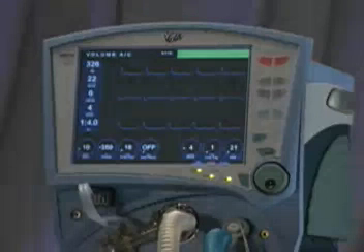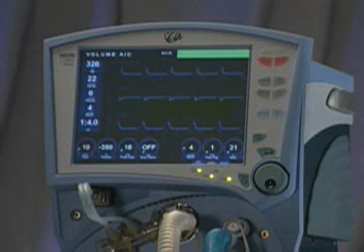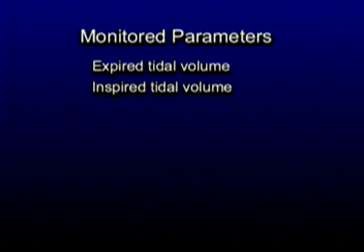5 monitored parameters are displayed on the main screen at all times. Each monitored parameter is selectable from a menu of 16 choices. They are expired tidal volume, inspired tidal volume,